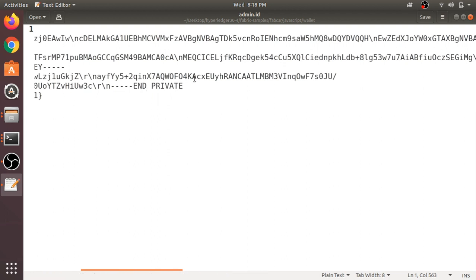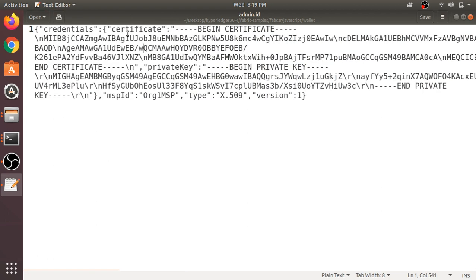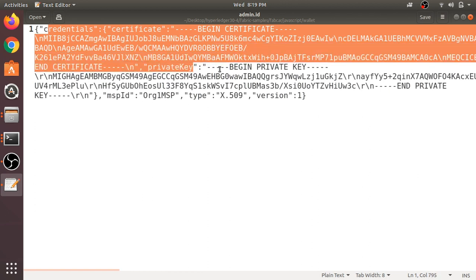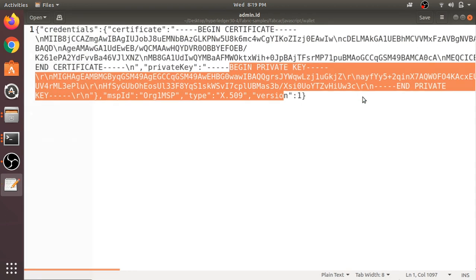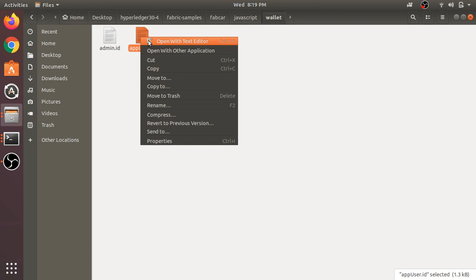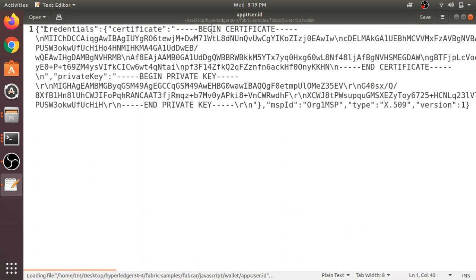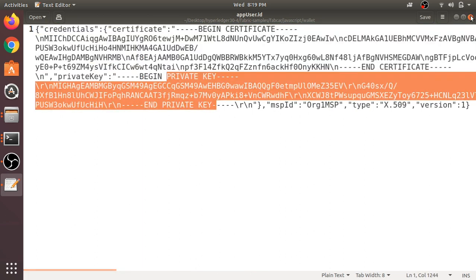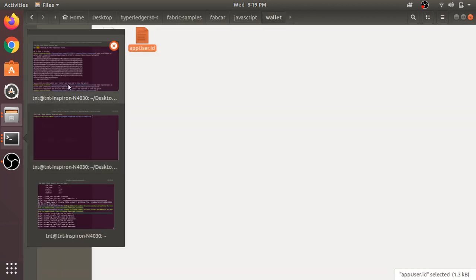From here you can see the certificate allocated for the admin, and from here you can see the private key. The same can be seen here: this is the certificate of the user, followed by the private key. So now we have created the certificates of the user as well as the admin.